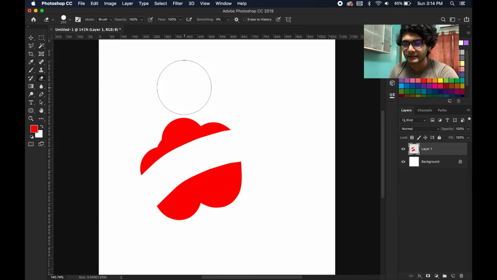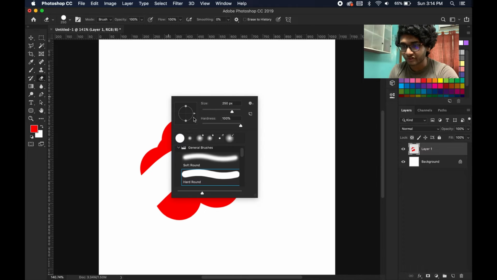Also, you can do the same thing by right clicking on the canvas and choosing the size. If you hold the word size and drag it left or right, you will see that the pixel size is changing. So that's the way the attributes are changed in Photoshop.